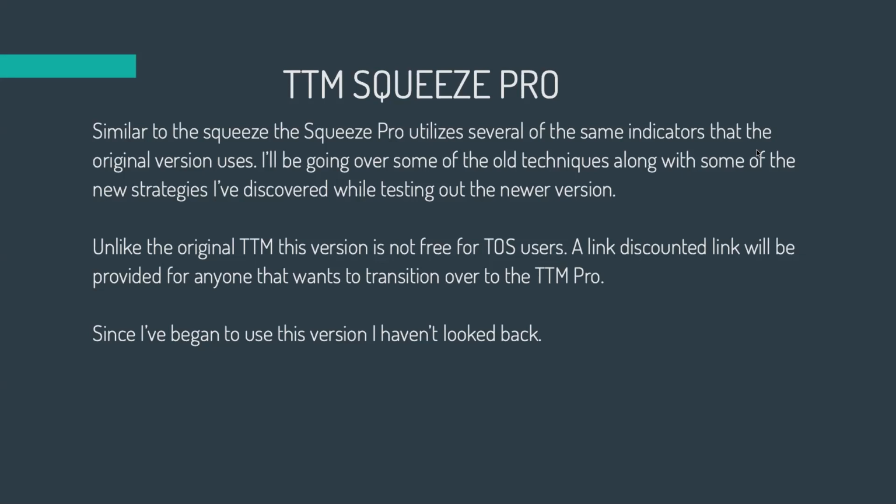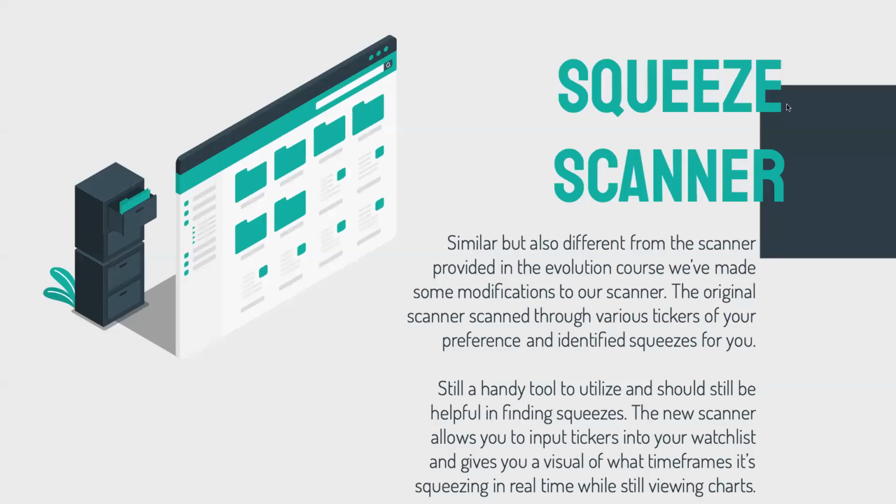So unlike the original TTM, this version is not free for TOS users. So, all right, Squeeze Scanner: also with the new makeover that you'll see with your charts, there will also be a Squeeze Scanner now. Similar, but also different from the scanner that was provided in the Evolution course. How many of you guys have taken the Evolution course? Yeah. Awesome. So similar to the scanner that was in the course,